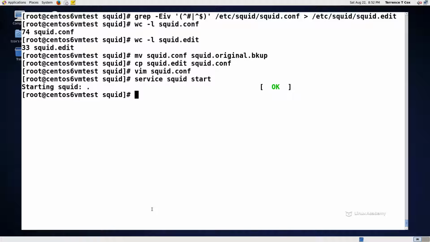And if we were using systemd, it would be systemctl enable squid and then systemctl start squid. So that covers the different servers and system types that you may be using for Squid. In our next video, we're going to set up a client to use the proxy server itself, and then once we